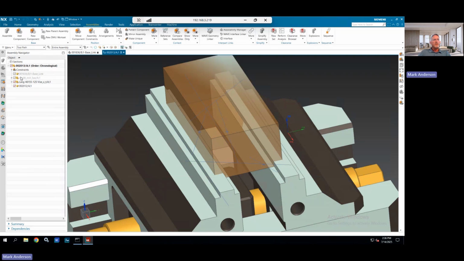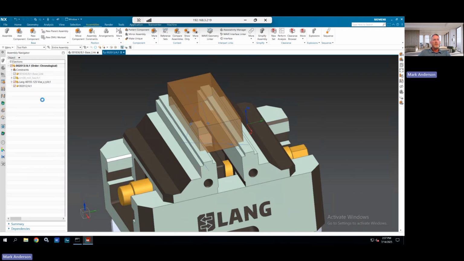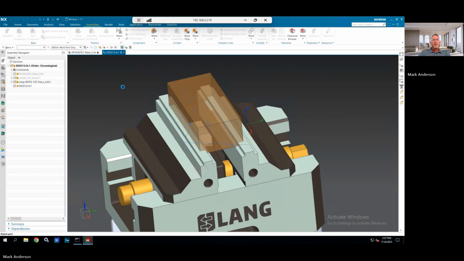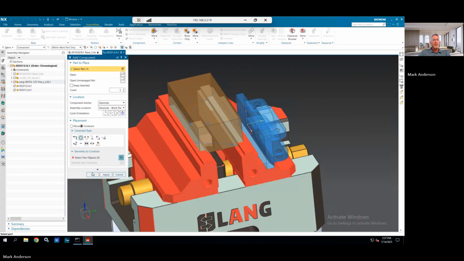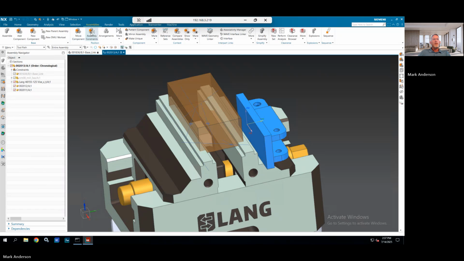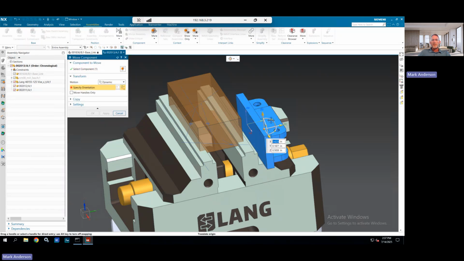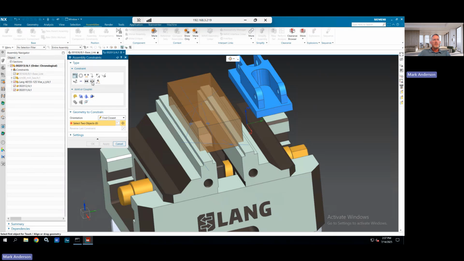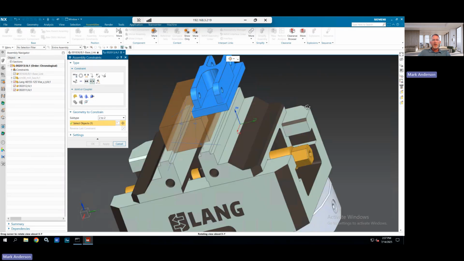So now that I have this, I'm going to go ahead and turn on my stage model. I'm going to add that as well. I'm going to move it first again. It's just simpler to move it in my mind. Some people may use assembly constraints to make things parallel and perpendicular, but it just is a little bit easier for me to get things out into space, and then I can start constraining things. So once I have the model constrained,